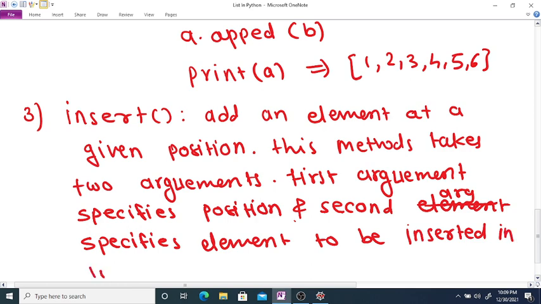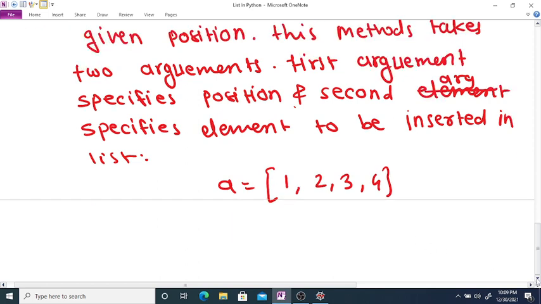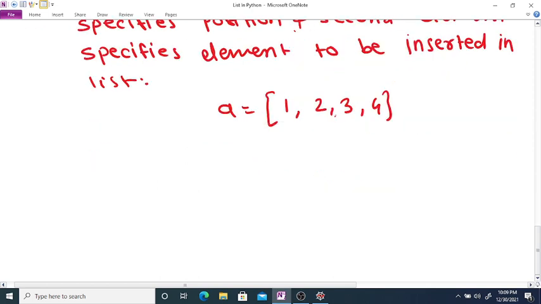For example, take a simple example, a is equal to 1 2 3 and 4, and suppose at this position you want to insert 5. This is index 0, 1, and this is 2.